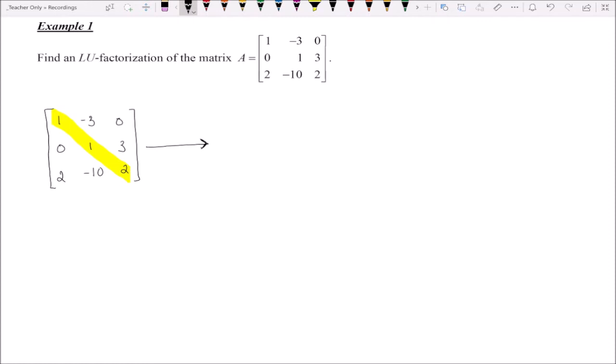Start with this 2. So we're going to do negative 2 row 1 plus row 3. The result of that operation